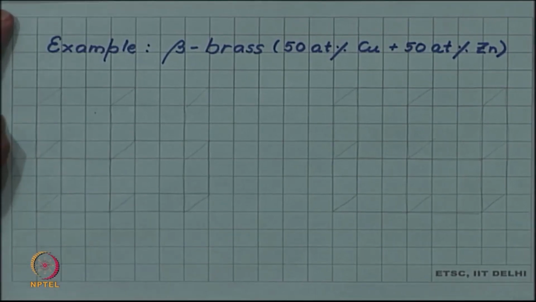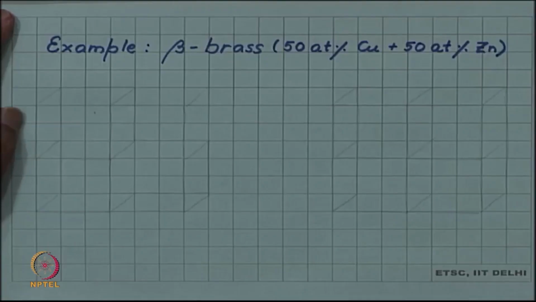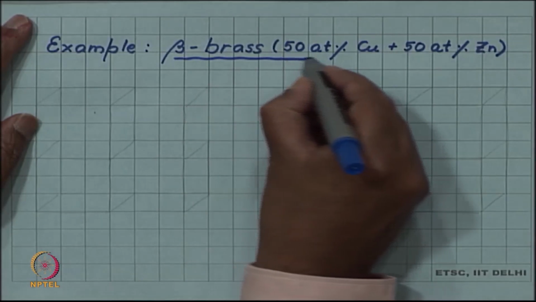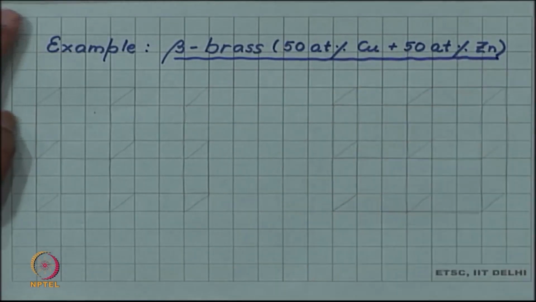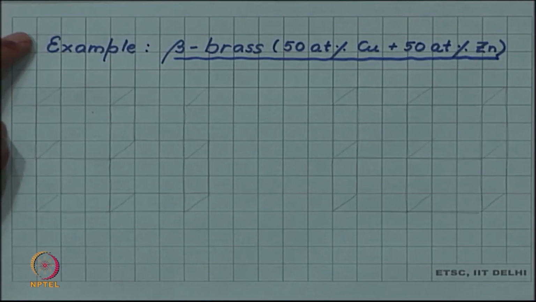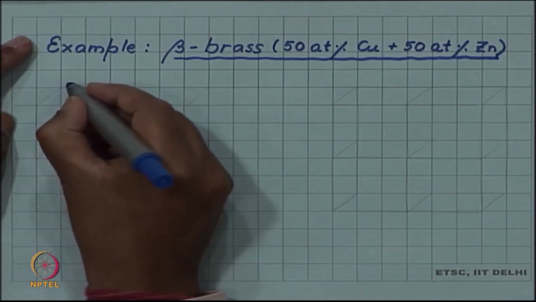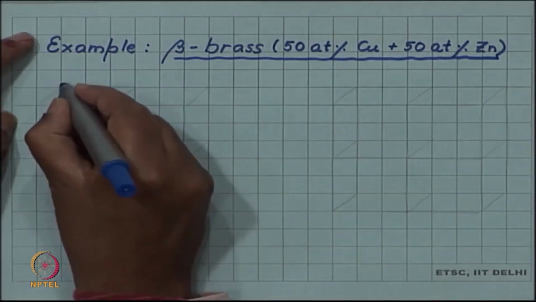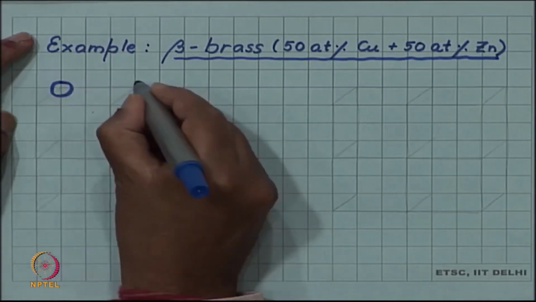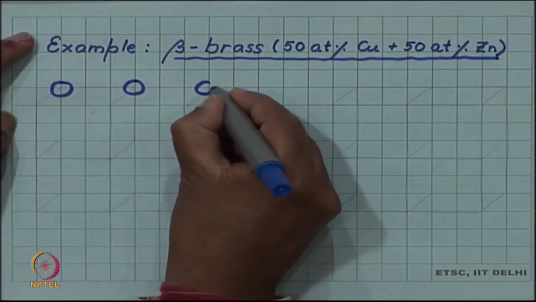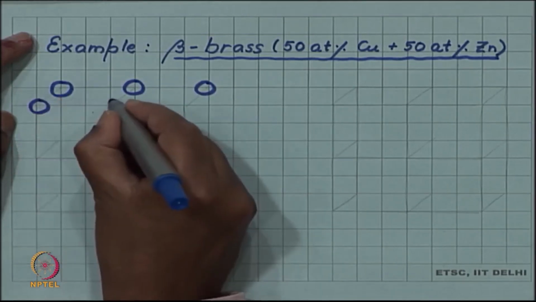We have already discussed brass and we discussed alpha brass, but now in the copper zinc system there is another brass occurring at 50 atomic percent copper and 50 atomic percent zinc, which is known as beta brass, and beta brass is a good example of both ordered and disordered solid solution depending on the temperature. So, let me first make an ordered beta brass. Again I have copper and zinc and the locations are like body centered cubic. I am drawing for you